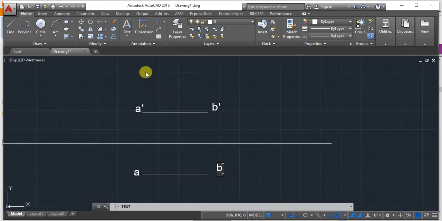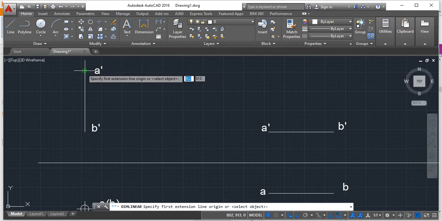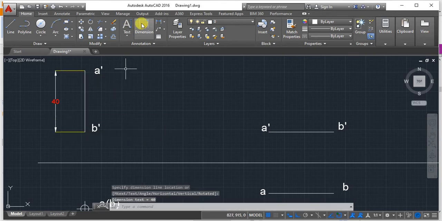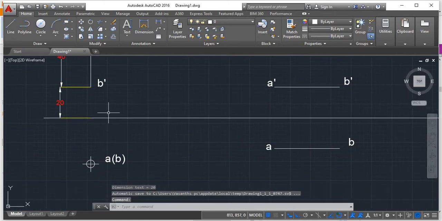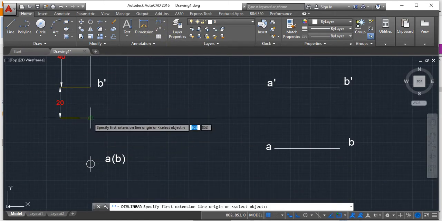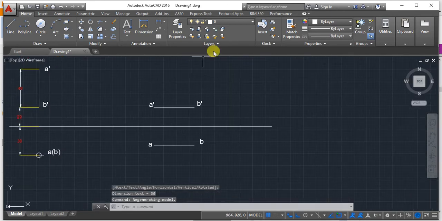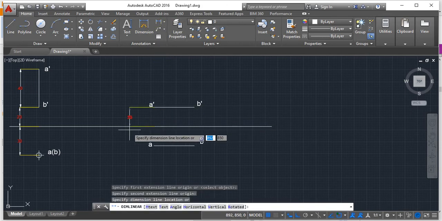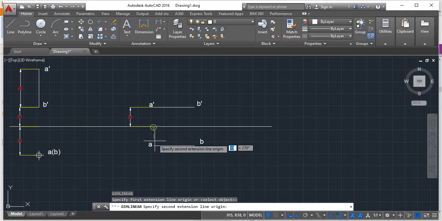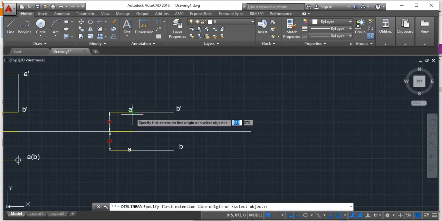You have to give the dimensioning for all the things, all the cases you have to give dimensioning, right? I have chosen linear dimensioning, this length which is 40, and from here the height also should be measured very clearly, which is 20 here. The location of the point also should be measured from this part, which is 30. Similarly you have to give dimensioning for this line. First I'll make the distance from here. Similarly, distance from the point A and A dash followed by both the distances.